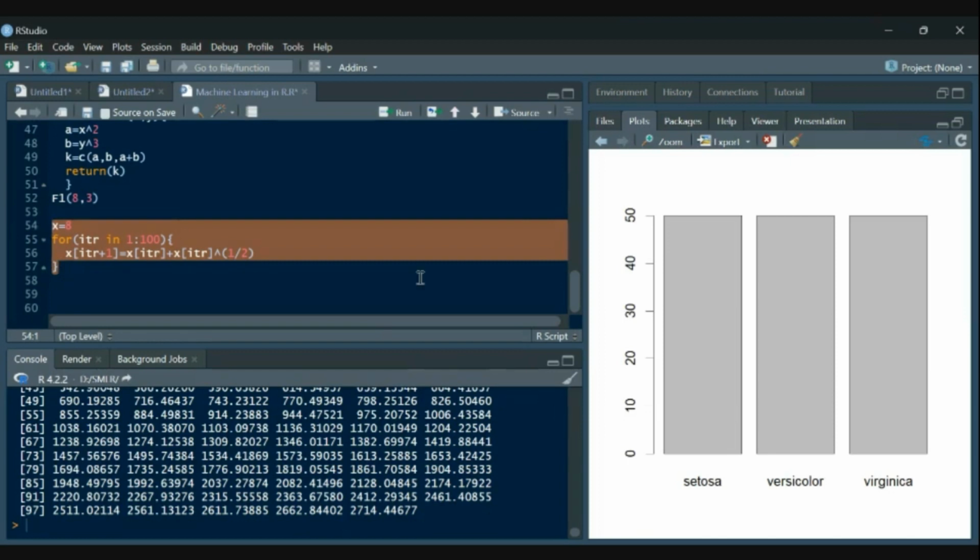Does anyone have any issue in creating this particular mini program? What do you want me to repeat, Bankit Dorji? Is this for loop clear to everyone?